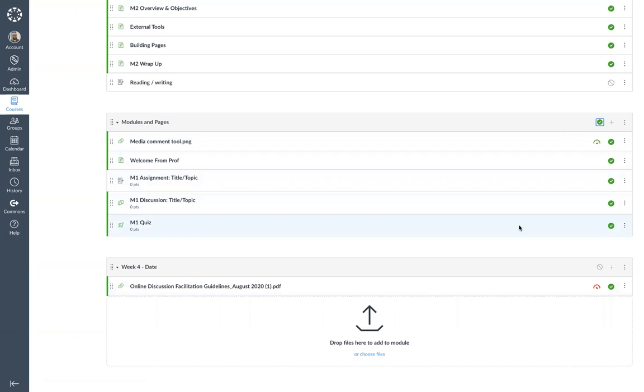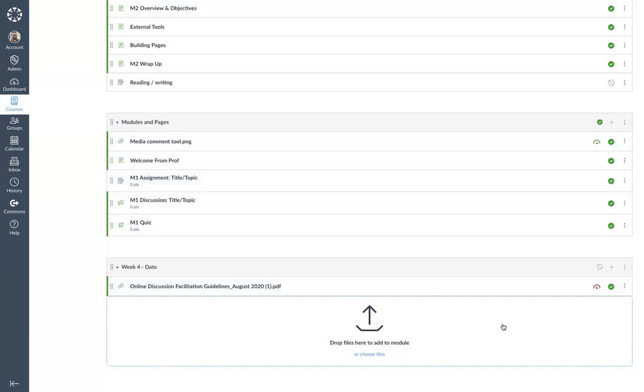Similarly, if I don't want students to have access, for example, to this quiz, but I want them to have access to what is in this module, I will just simply unpublish that particular quiz, and then students won't have access to it. With everything in Canvas, you're still going to have options to edit, to remove it, you can copy it, etc.